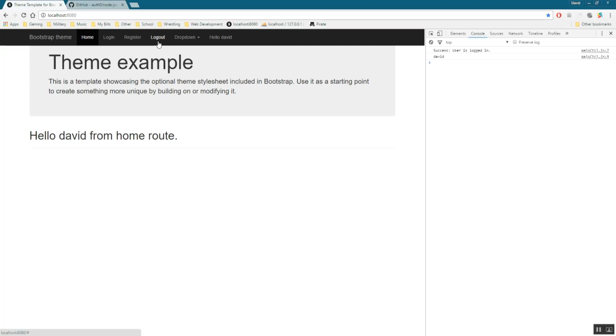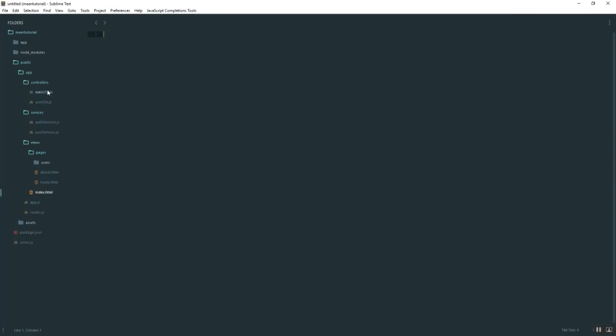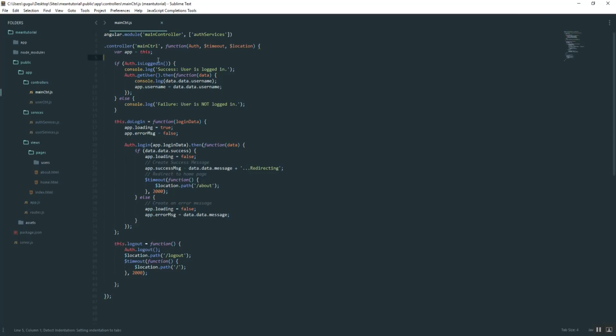And so if we hit log out, logging out redirects, okay? Now you'll notice it still has the username here and here even though we logged out. But if you hit refresh, you'll notice it disappears, right? So the reason for that is because it's requiring a refresh. So what we want to do is tell Angular, hey, every time a new view loads, check for that username variable. So the way we do that is by going back into the controller, and we're going to create something called